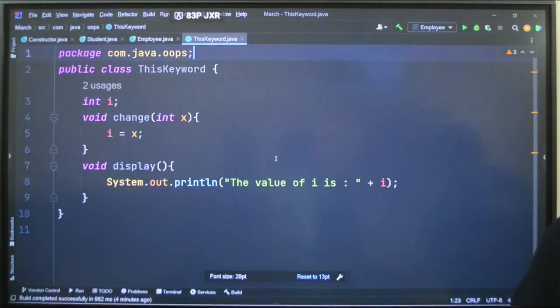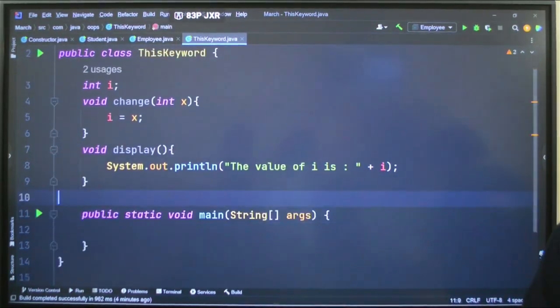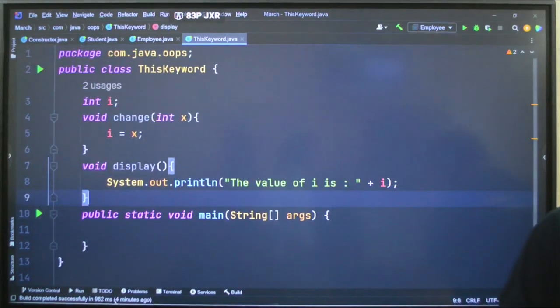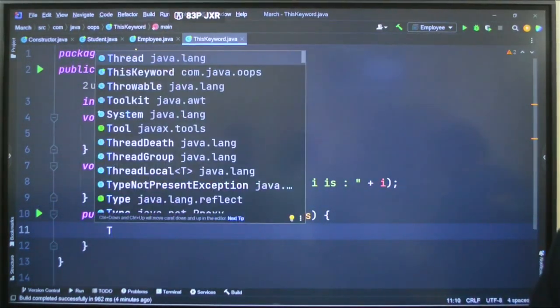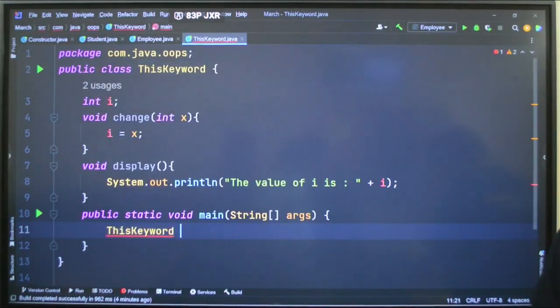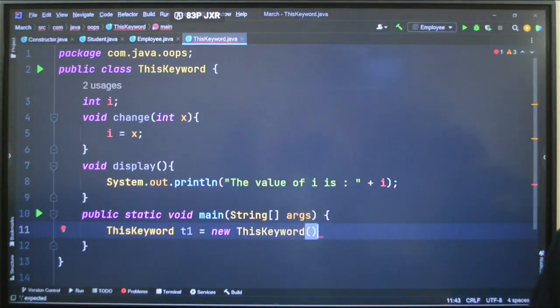let me just go to the main function and create the object so that you can also understand what is happening. So I will create the object of this keyword, t1 is equal to new this keyword. Fine.